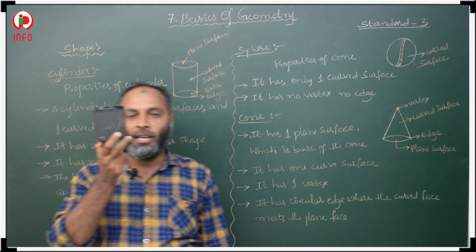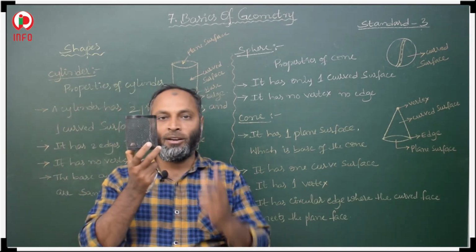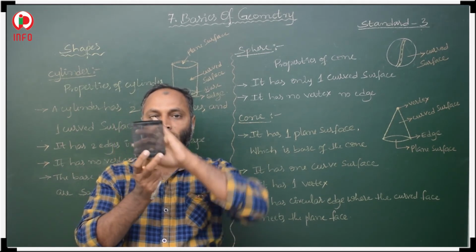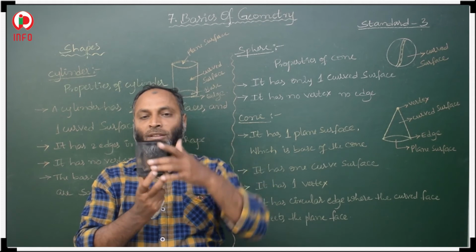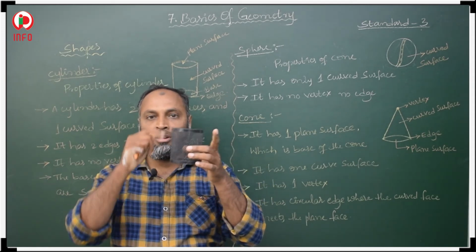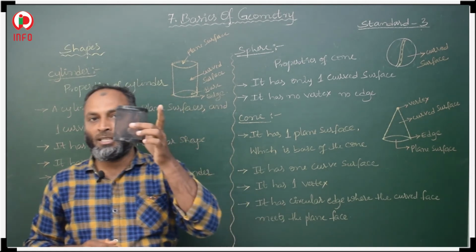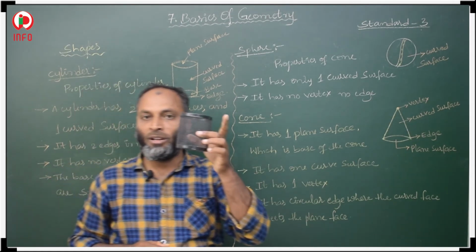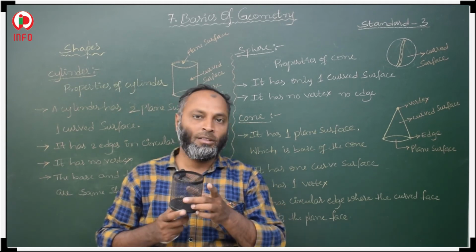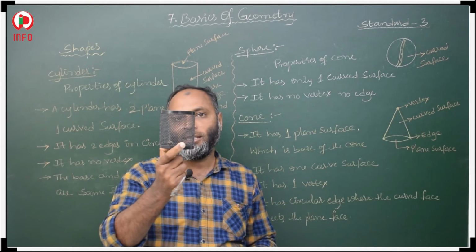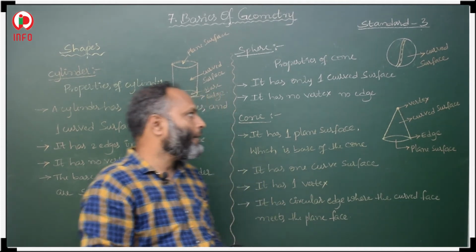In a cylinder, how many plane surfaces are there? Two plane surfaces. And how many curved surfaces? One curved surface. And base and top are both in circular shape. And this cylinder has no vertex. Okay. All these points you have to remember about this cylinder. Okay. Now, after that,